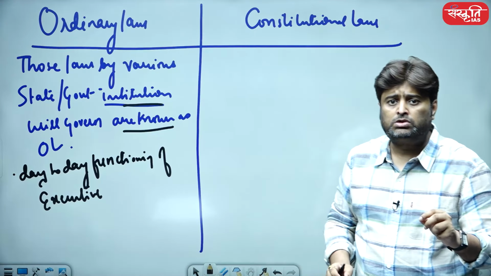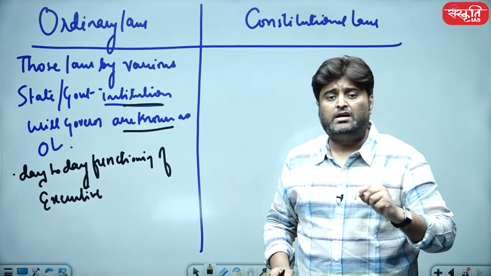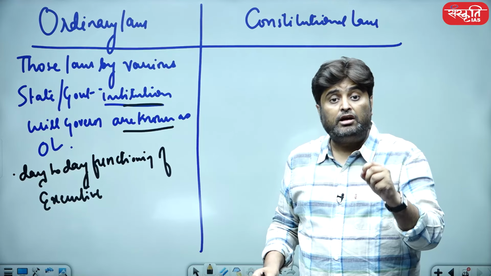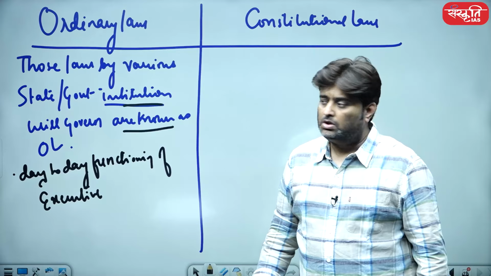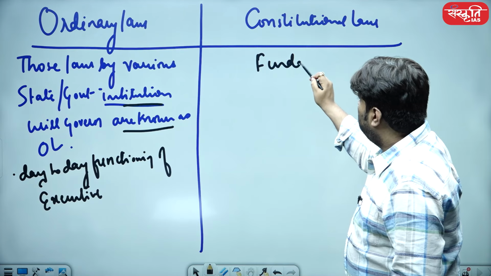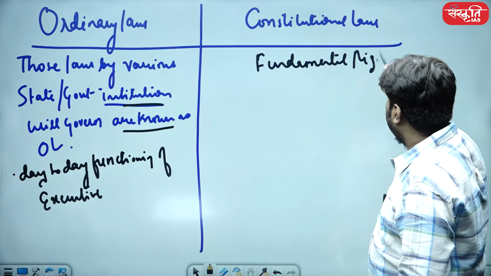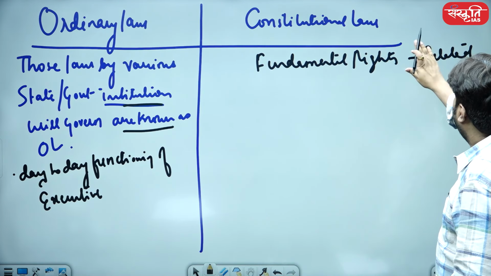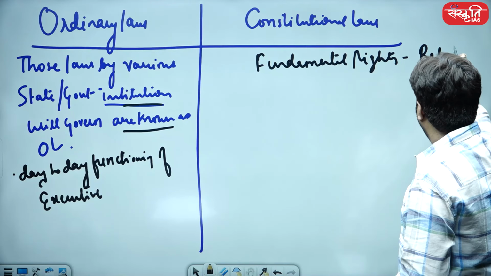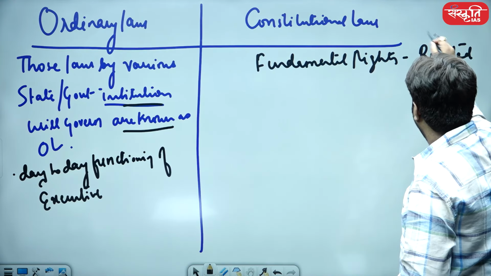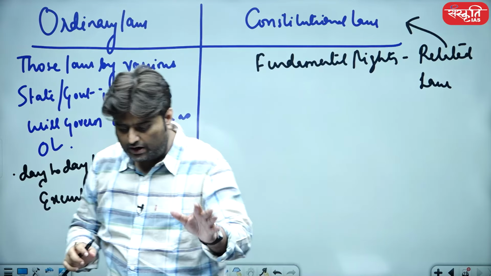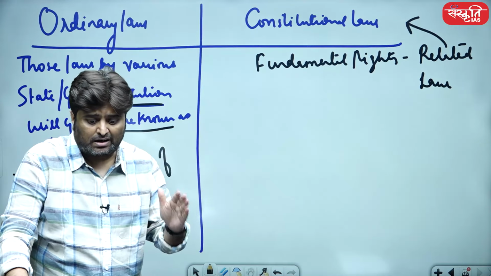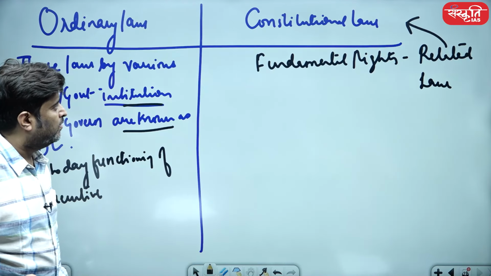Whereas constitutional laws are those laws which are related to establishing the relationship between the center and, of course, the state governments, and at the same time, constitutional laws are those which make sure the relationship between the center and, of course, the citizens. So fundamental rights. Law related to fundamental rights. I'll give you an example, don't worry. Those laws which are very, very specifically related to fundamental rights, exactly as per the respect of the fundamental rights, are commonly known as constitutional law,